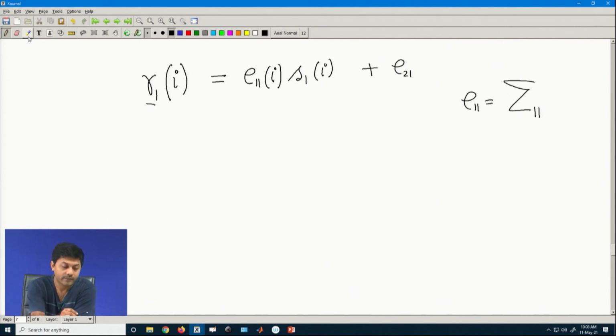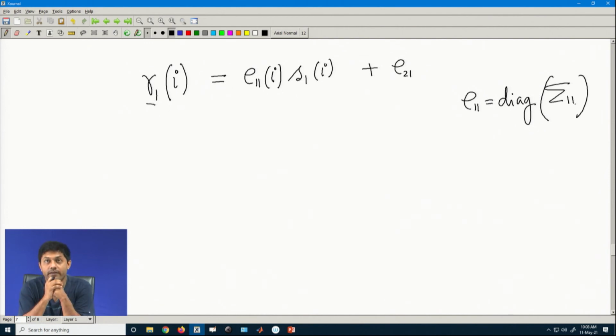So, if I put it this way, probably I put a different notation, it is the diagonal element of all this sigma 1 1 matrix. So, that is E 1 1, it is a vector. I should write it is a vector that contains all the diagonal elements of that matrix sigma 1 1, let us assume that, it will be easier to understand. So, here also similar notation,